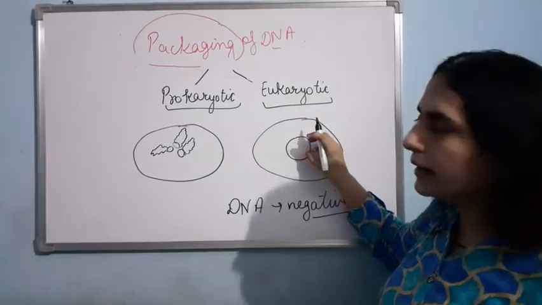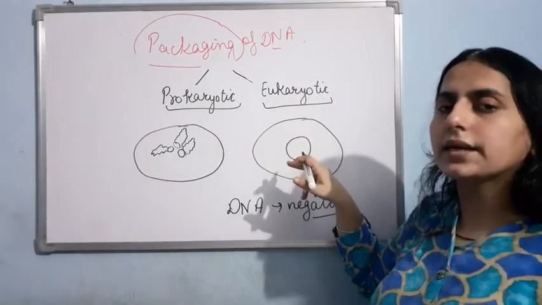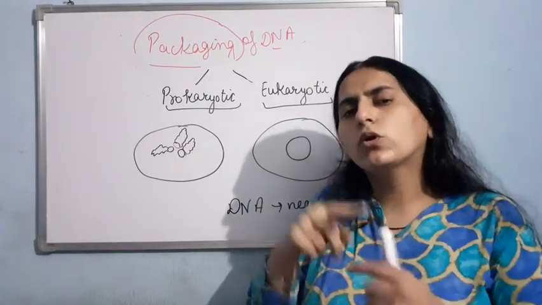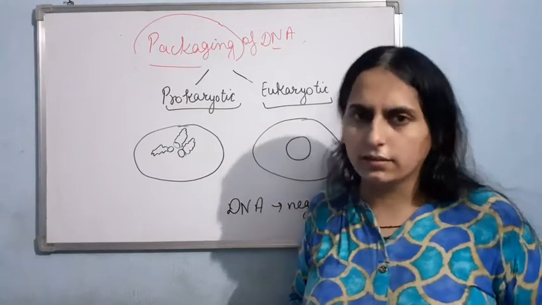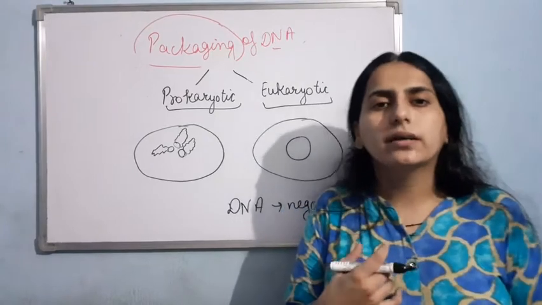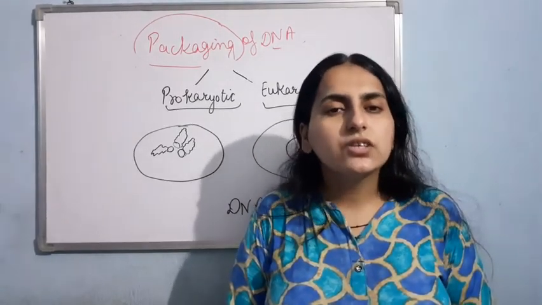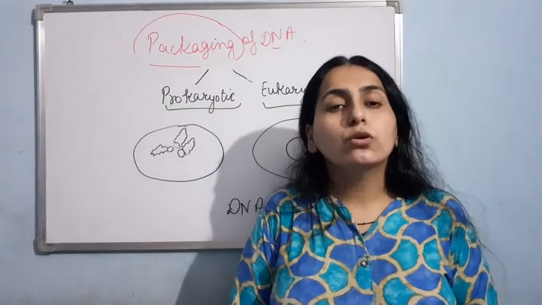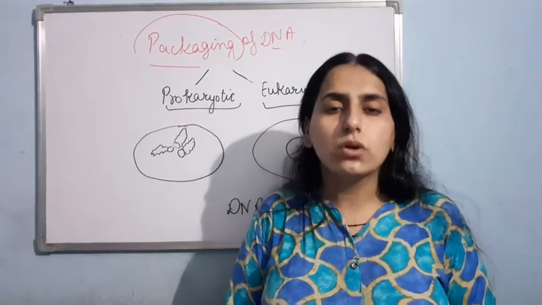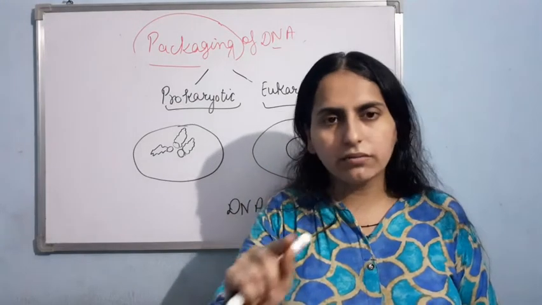Okay, so now our DNA will be present inside this. Now how it is arranged, let us see. It is understood that the DNA must be coiled over certain thing, and actually that certain thing is proteins. In the nucleus, we have positively charged proteins, known as histones. Over those histones, our DNA is wound. Am I clear with this?